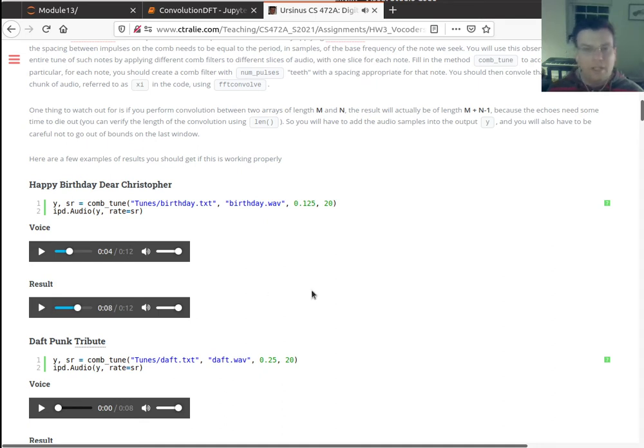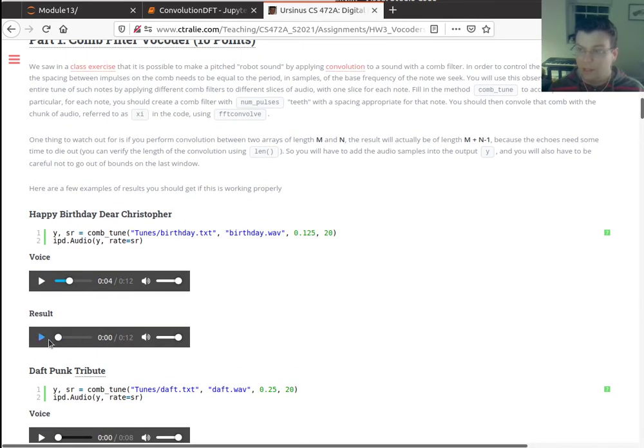And actually what it really is, it's kind of like a singing instrument. In this case, it's a bit like a singing oboe or a woodwind instrument with a reed. We talked about how a comb filter was really like a reed instrument where the noise that you start with, if you put noise into it, that's sort of like blowing into the reed, the randomness, and then the comb spikes are saying, well, once the sound is in the instrument, in the chamber, it bounces back and forth, so you get these periodic lags. But you continue to stimulate with noise. In this case, I'm stimulating with the voice, and I'm getting something that sounds a bit like a wind instrument